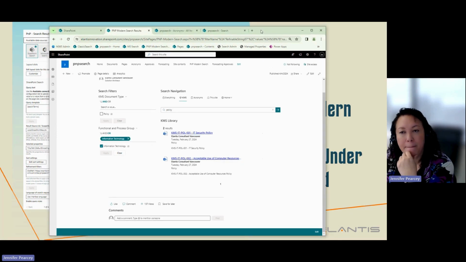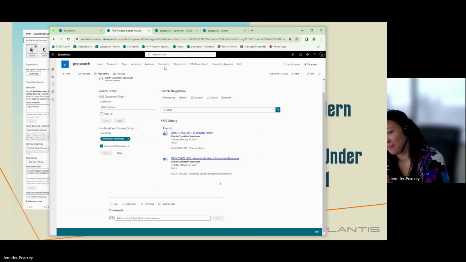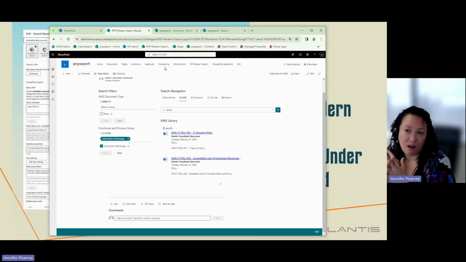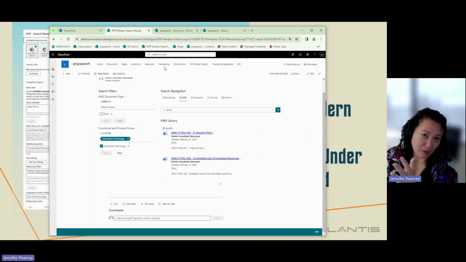Yeah, the question is related to those refiners as well. How do we decide what filters or categories would be appropriate? For example, how do we create consistency while keeping things flexible and manageable across departments and file types? That's a great question. If you were to ask me this question when starting brand new, if you're just tackling this fresh, I would recommend setting up something called